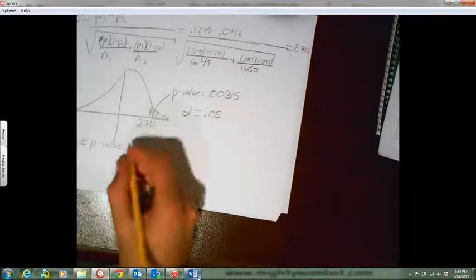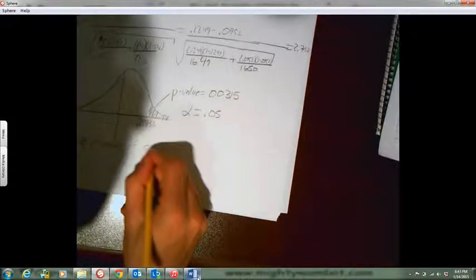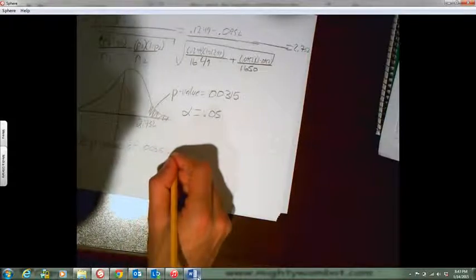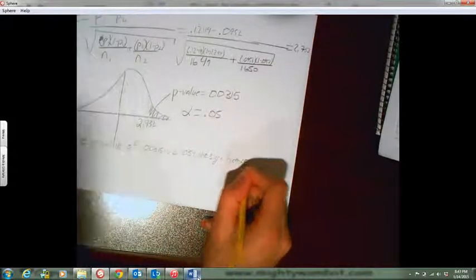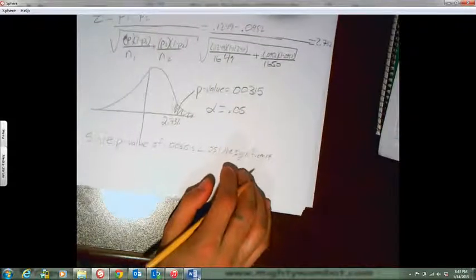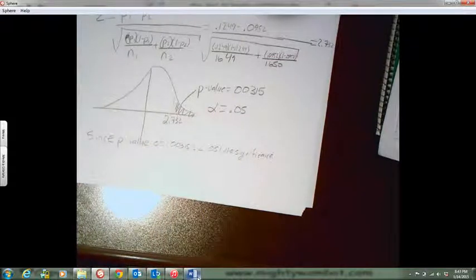So now our conclusion is, since p-value of 0.00315 is less than 0.05, the significance level, let me get a new pencil, this one's about to break, I apologize, let me just go to the pen, forget it. Significance level, we reject the null, and we conclude